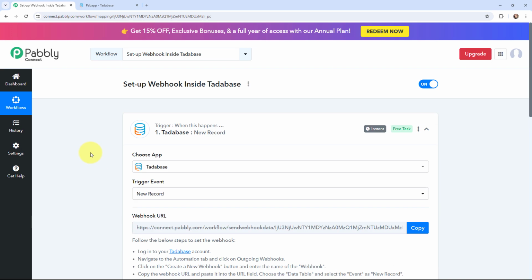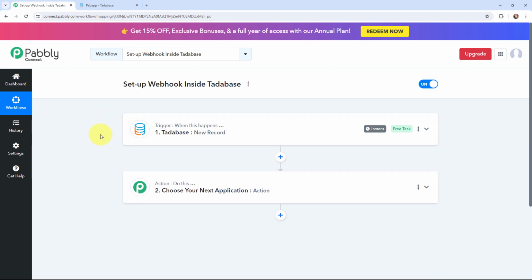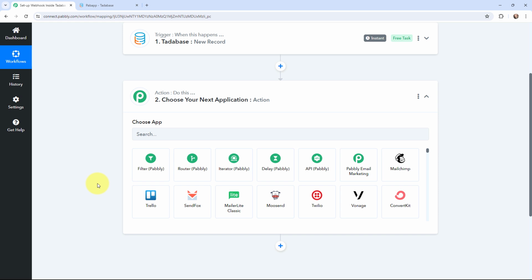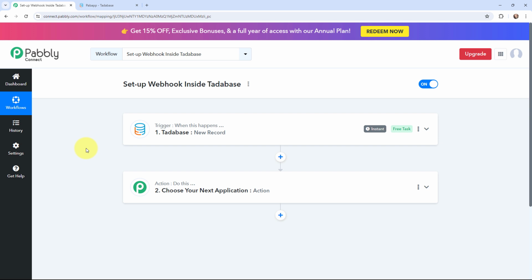So we have successfully set up a webhook inside Tadabase. That means now whenever a new record is added, automatically the details of that record will be captured inside Pabbly Connect. Just by going to this action window, I can select any action application of my choice, where I want to send the data of this record. So this webhook setup was a successful one, and if you like this video, don't forget to like, share